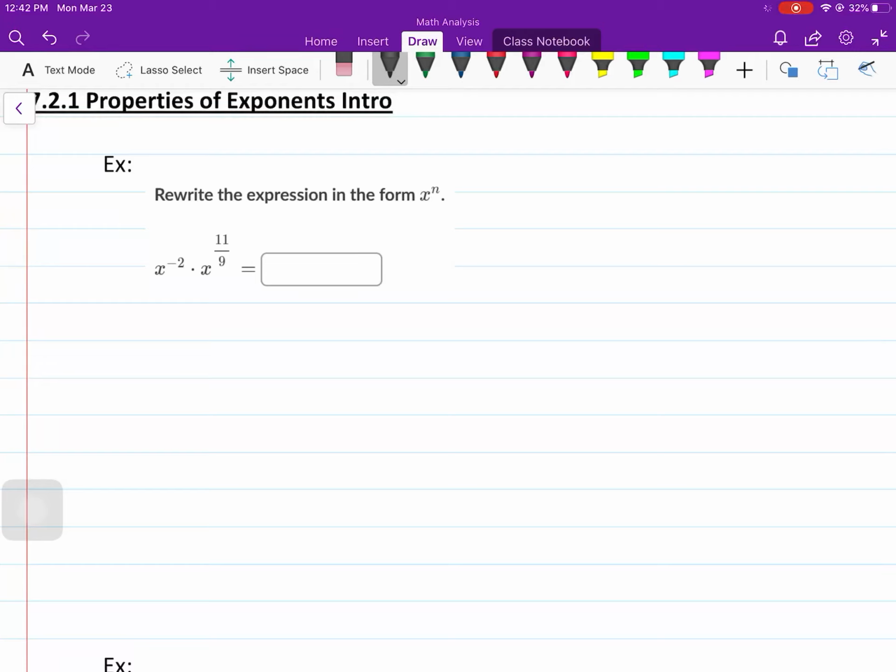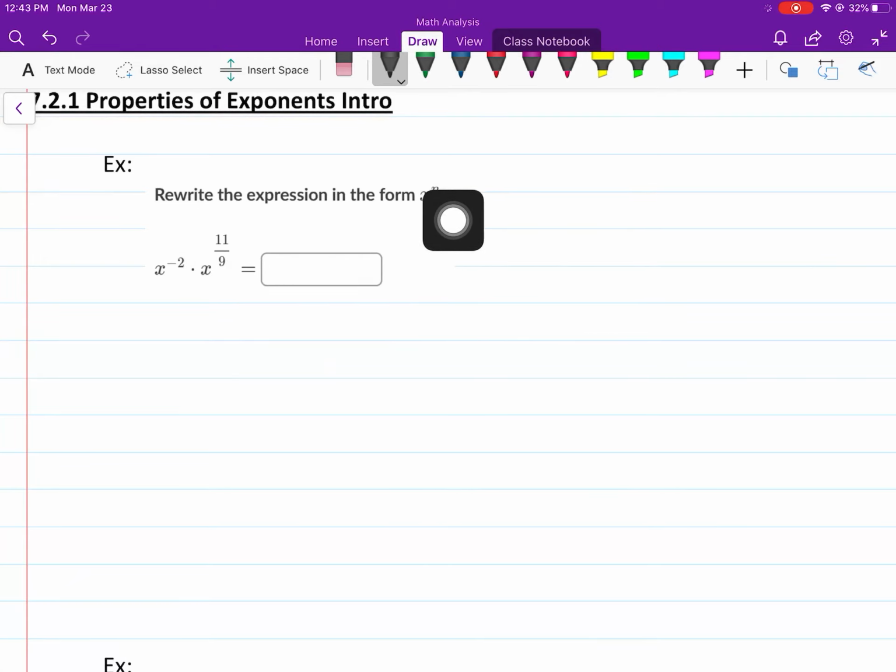I really like how this assignment goes from 0 to 100 in probably half a second, and just takes us to something more difficult, puts in all these fractions and all of that. Now, they don't want us to rewrite it as a radical yet. They want us to just go ahead and combine these